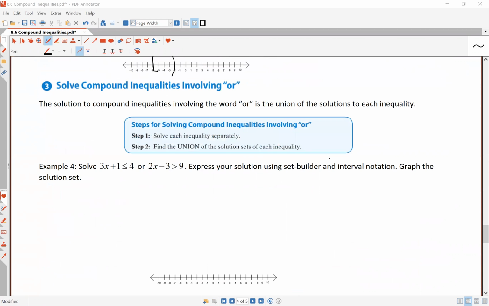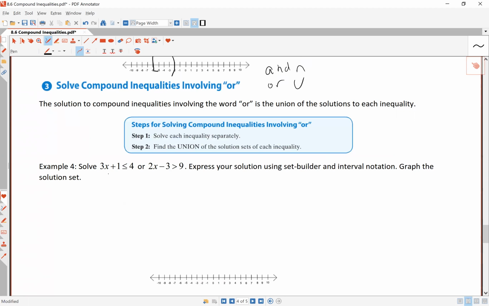The solution to compound inequalities involving the word OR is the union of the solutions to each inequality. And is intersection. OR is union. So we will solve each inequality separately and find the union of the solution sets of each